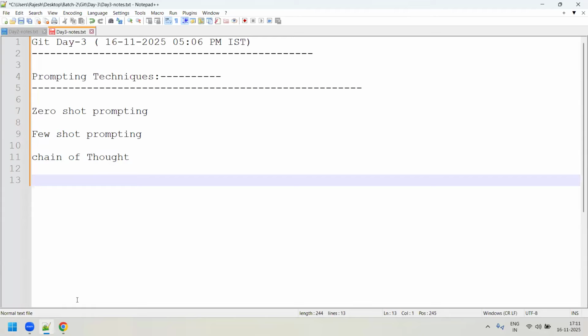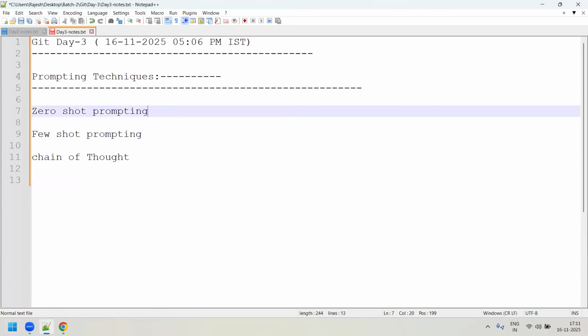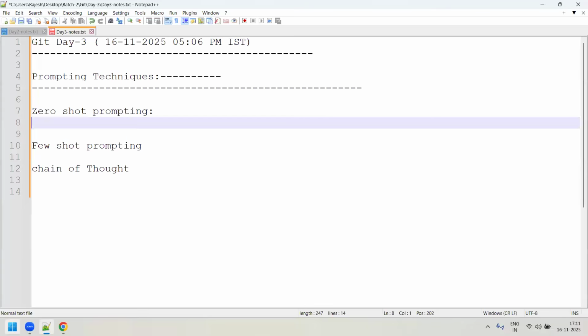Okay, so zero shot prompting. Basically, zero shot prompting is where we are directly asking a question to our AI tool like ChatGPT or Gemini, the way we ask a direct question to Google, saying, what is this, or I want to know about this. The same thing we can directly ask on this AI tool. But I would suggest that is not a recommendable way, because you need to provide a role about yourself, context, and some kind of restriction on what you want, so that you will get a better response. That should be the idea.